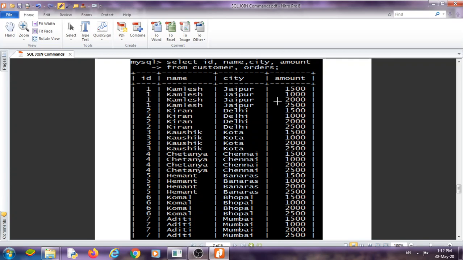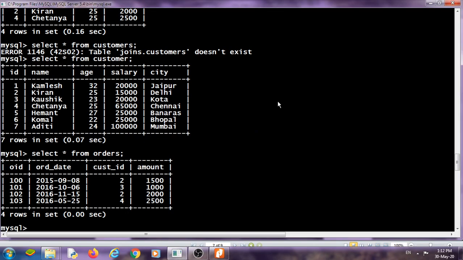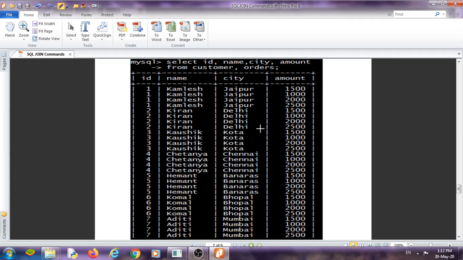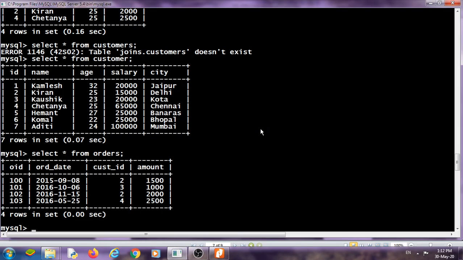How many records are in table 1? There are 7 records, and there are 4 records in table 2. In the Cartesian product, a new table is generated that multiplies one record of the first table with all records of the second table.